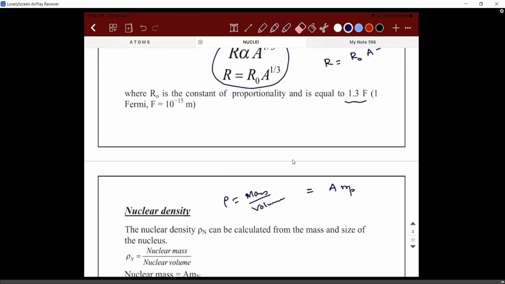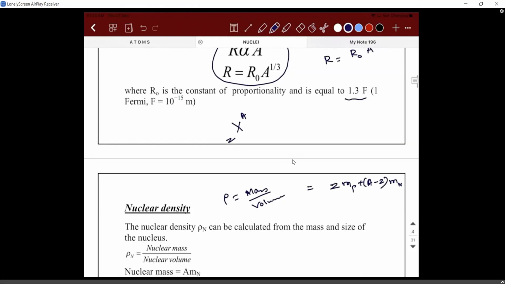I can write it as the mass of proton itself. See, there are two ways to write it, guys. Listen. Mass of proton is Mp. Mass of neutron is Mn. So how many protons are there? If I give you an element X with A and Z, how many protons are there? Z. And how many neutrons? A minus Z. And the mass of neutron is the same as the mass of proton. So can I write Z times Mp plus A minus Z times Mp? The Z Mp terms cancel, so it is equal to A times Mp.